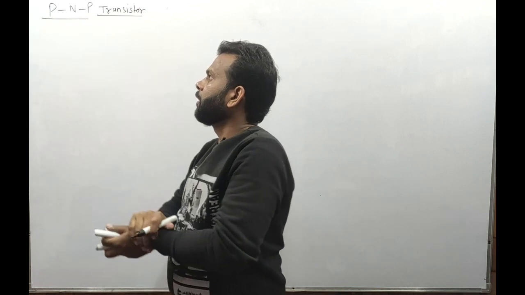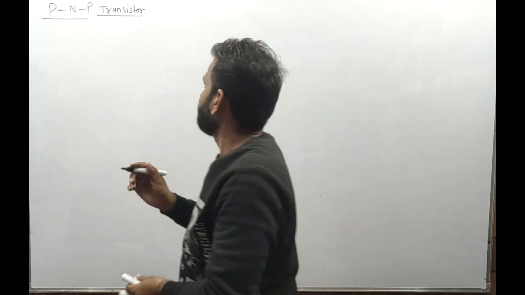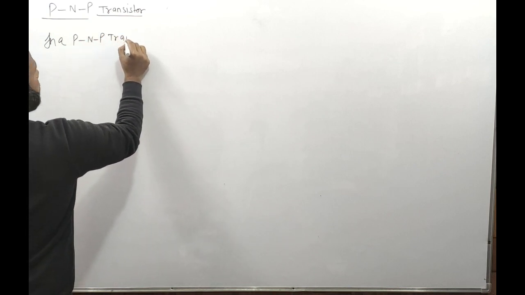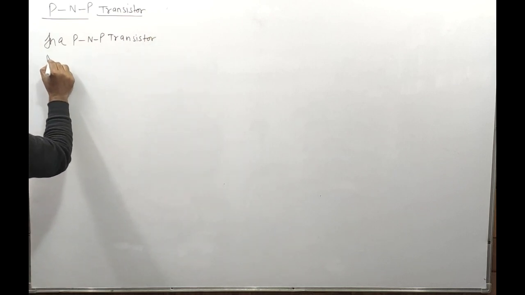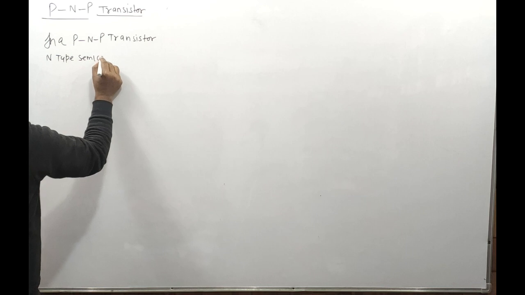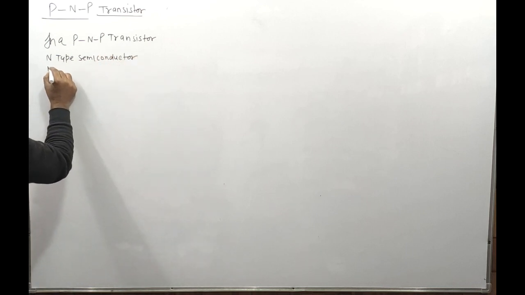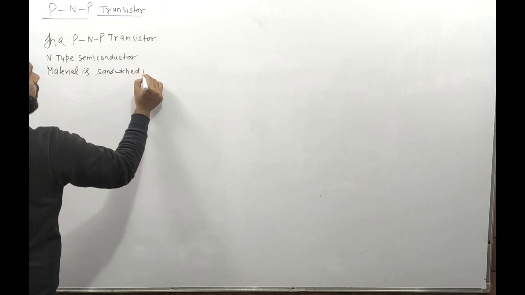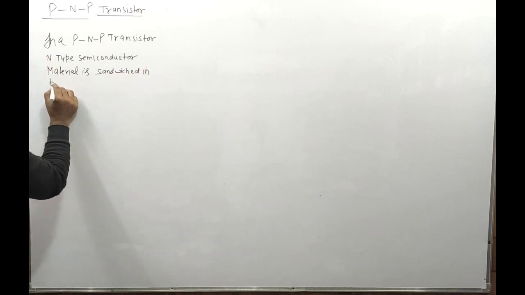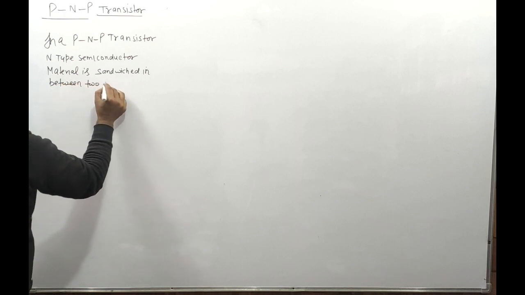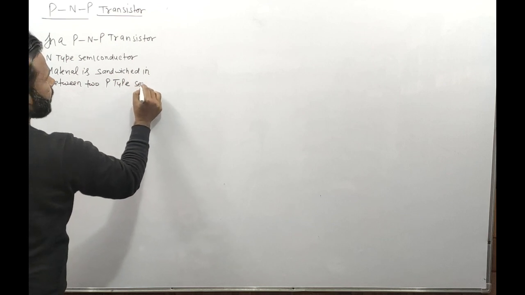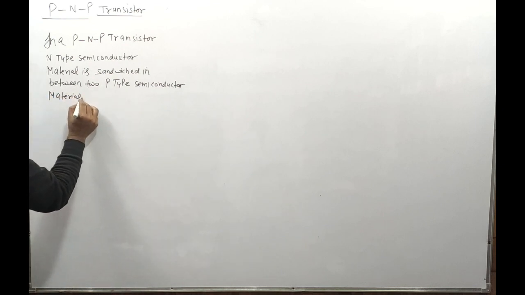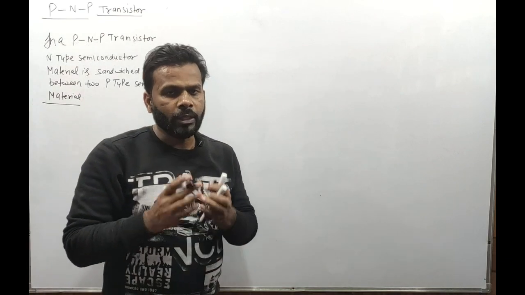n-type material is sandwiched into two p-type of material। ठीक है, सो डेफिनेशन की अगर बात करते हैं, इन ए पीएनपी ट्रांजिस्टर, n-type semiconductor material is sandwiched in between two p-type semiconductor material। ठीक है, इसी तरीके से अगर हम एन की डेफिनेशन दें, सो अगर एक पी टाइप जो सेमीकंडक्टर मटेरियल